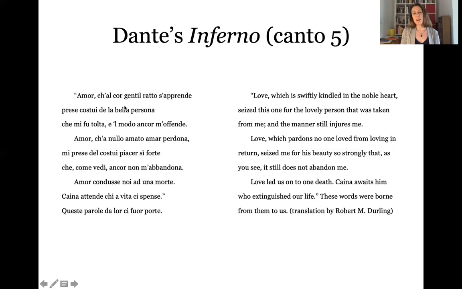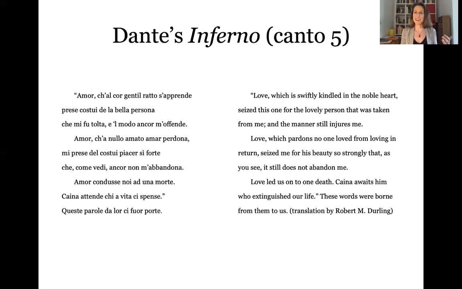So something you might have noticed right here is the sound of it, right? So that's why I wanted to read it to you in Italian. You hear the sound of it is very soothing, lulling, beautiful, all those O sounds, the A sounds, amor, amor, amor. There's this kind of incantatory repetition of the word amor, which, as you can see by looking across to the English, is love, if you didn't know that already. Probably one of the words that will have come out to you straight away. Anyhow, so this incantatory repetition of love.